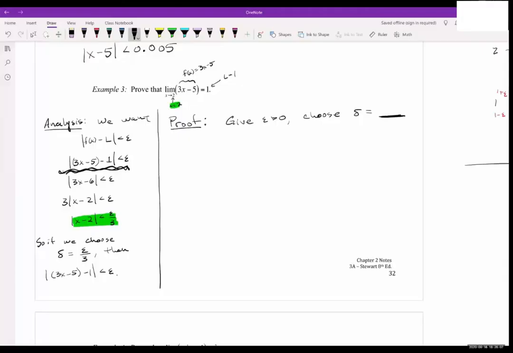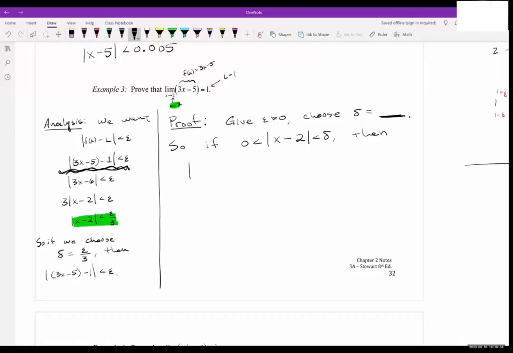Okay, and I'll fill in the blanks in a minute. So if 0 is less than |x - blank|, in this case it's 2, I'm just going to go ahead and write it, less than delta. Actually, you know what, let's do it, I'll highlight all the blanks in a moment. Then